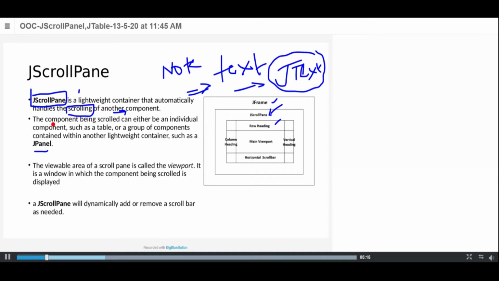You got it? Whatever scrolling capability you can provide with components may be for a single, individual component like a text field, as I explained, or you can have a table. You may have numerous columns and numerous rows. If you want to see everything within the viewport, you have to go with either horizontal scrolling or